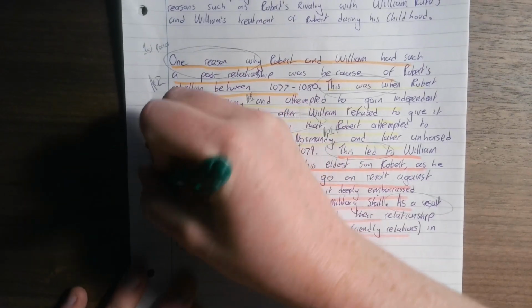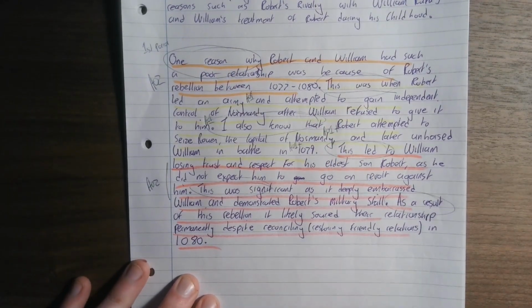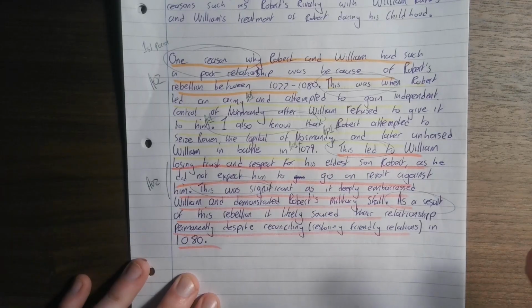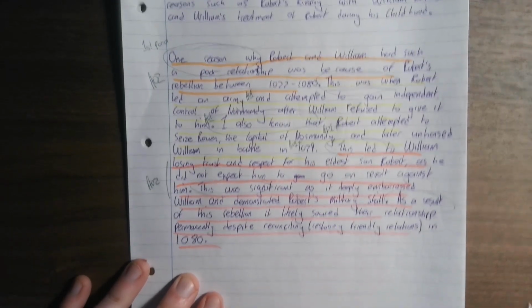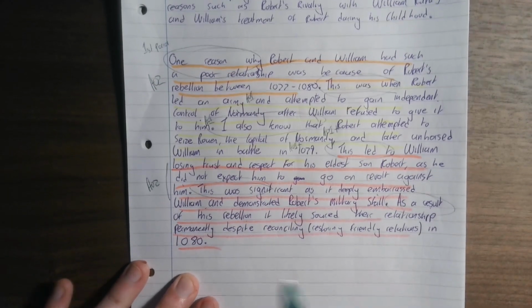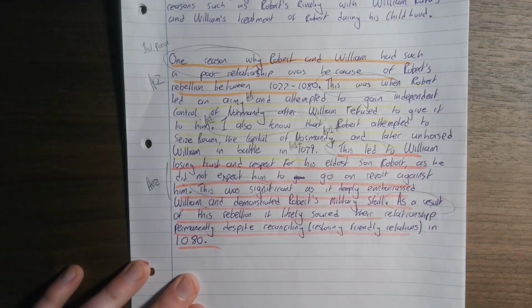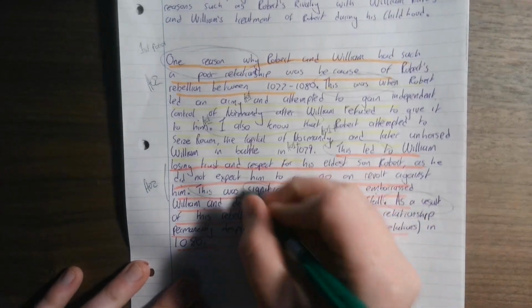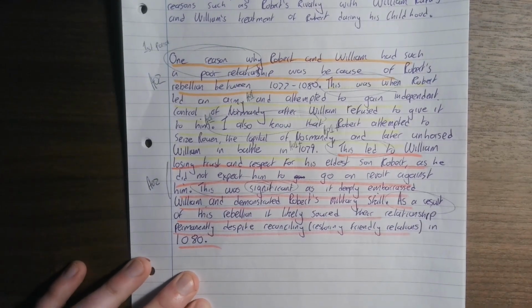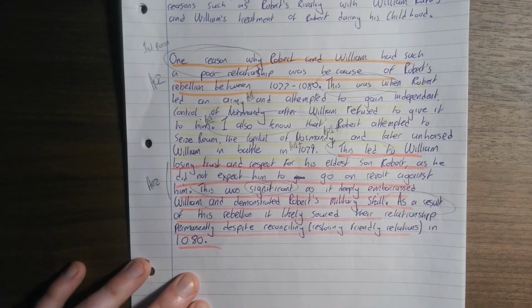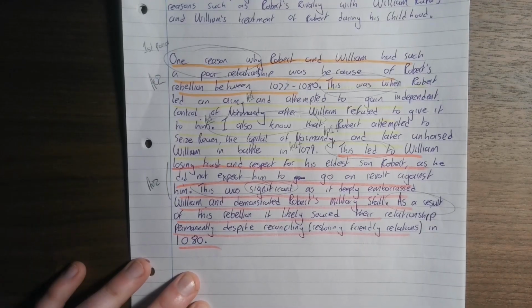So what I've done here, ladies and gents, is I have explained the purpose of that, or why it led to the poor relationship. And again, remember the second order concept. So you notice I've looked at this word here, significant. The focus of the purpose of this question, the second order concept of this question is significance. So I'm talking about the importance of each reason.